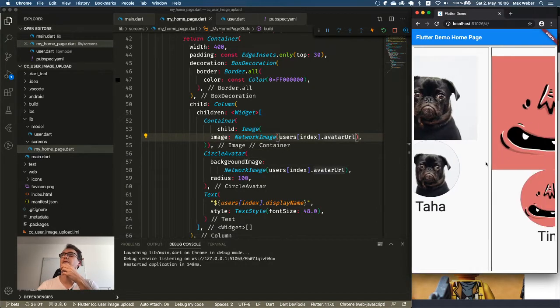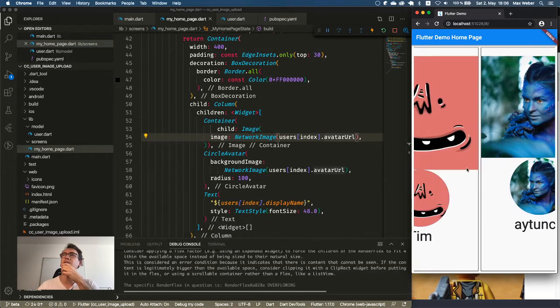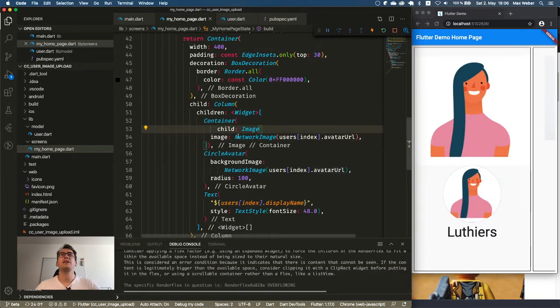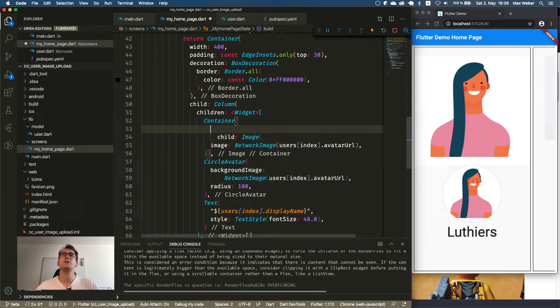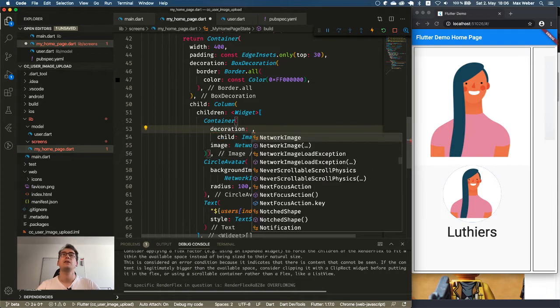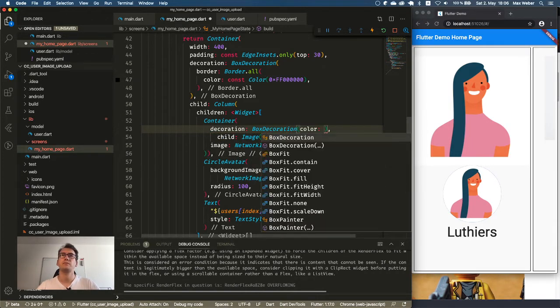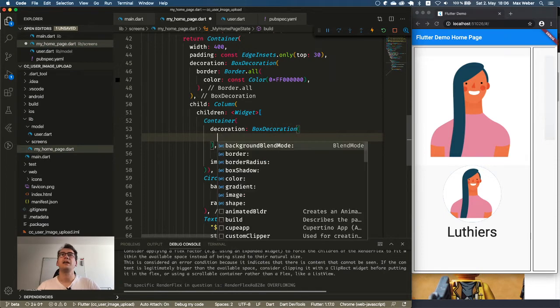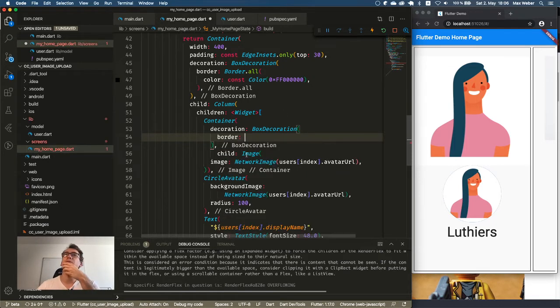For example, now everything is a rectangle and takes the full size, right? So the next thing that we have to do is create this radius. And for that, we have to make that box a decoration. And with a box decoration, with no color, we now have some possibilities. For example, the border radius. And now you can see already what I told you before with the border radius. The border radius is the part where we cut the edges out, like in HTML and CSS, right?